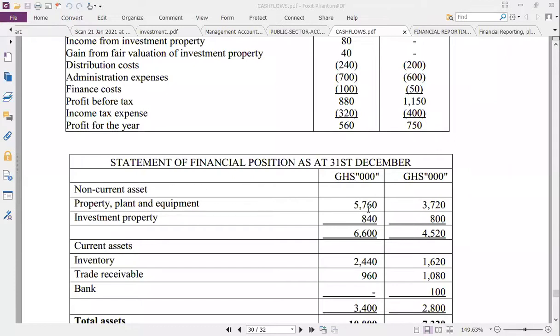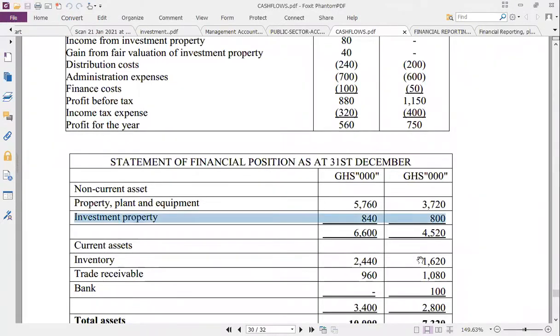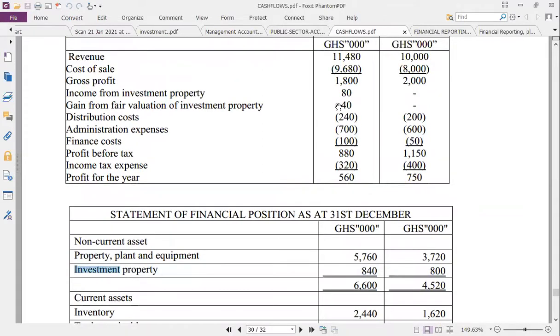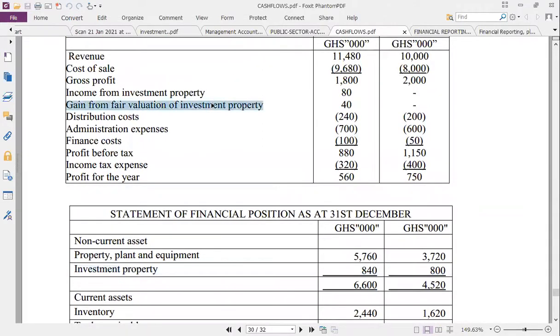So in short, definitely there is an acquisition of PPE. Go and calculate this. That is all. And that one, I'll give you only 5 to 6 items that go in there. Look for them, and that's all. We move on. In fact, cash flow is just a formula. We just plug in, and then you are done. Investment property, you talk about it: the movement, the change, is the 40 that you see here. Good.